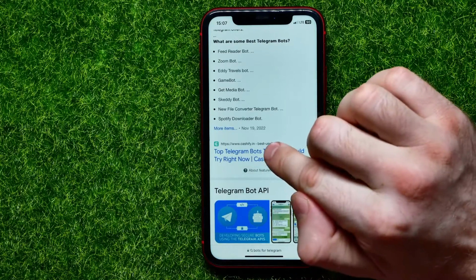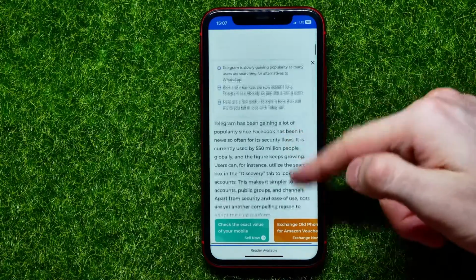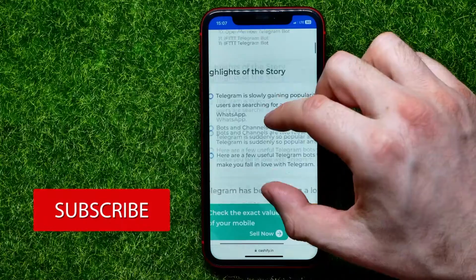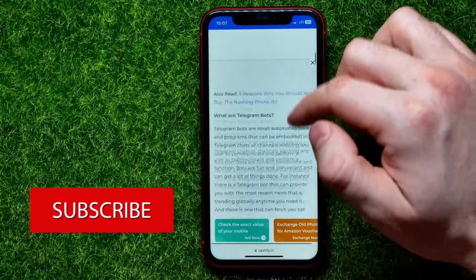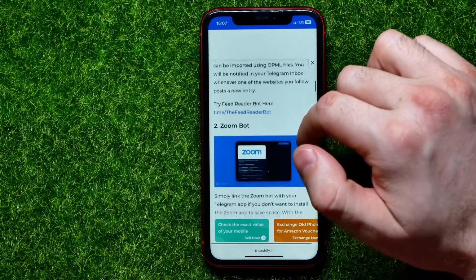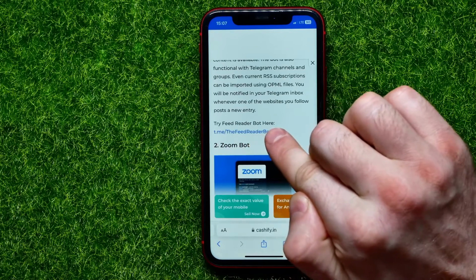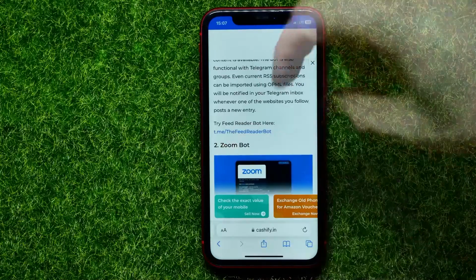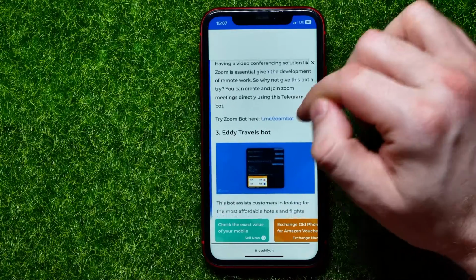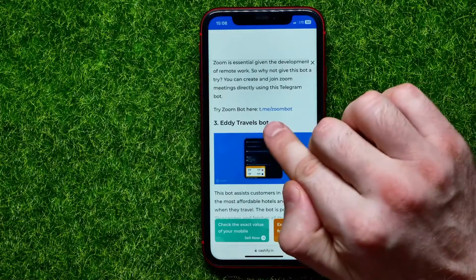Let me hit the first link, and now it shows me, let me scroll down, different bots for Telegram. I can scroll down to see the exact username of those bots. I can't actually find it. Here it is, Try feed reader bot here. t.me/ and the last part is actually the bot's username. Also, you can scroll down to check for other bots, Zoom bot for example, and let me add that bot